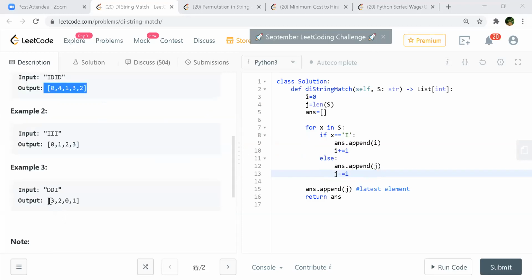Okay, let's try here. Here ID is the string repeating. If you take ID as a graph, that graph is repeating. You can think of it like that. But if there is an ID, it won't match. Your voice is a bit low. There's a network issue, sorry. He's saying that the graph is repeating: increasing, decreasing, and again the same thing is repeating, increasing, decreasing. That's why it's working.